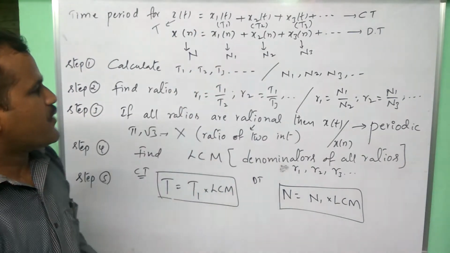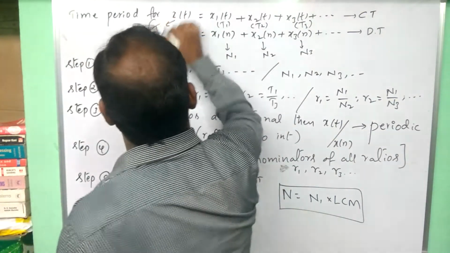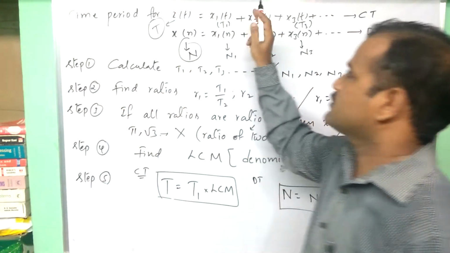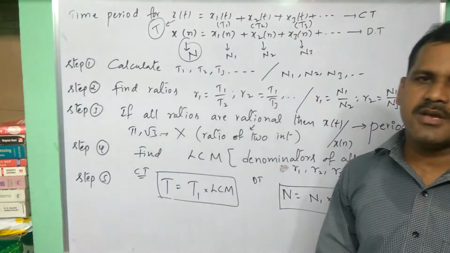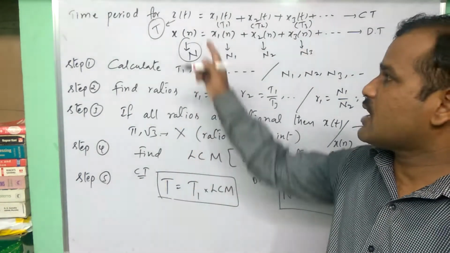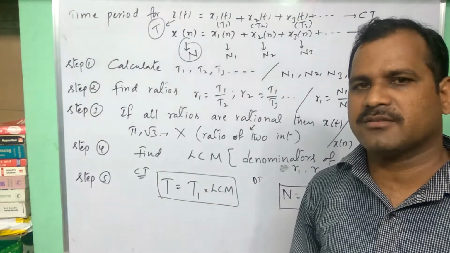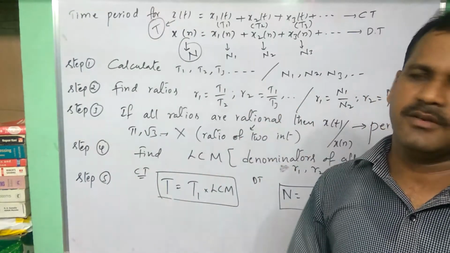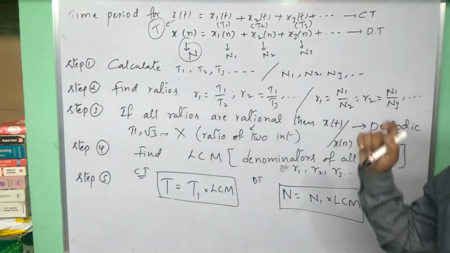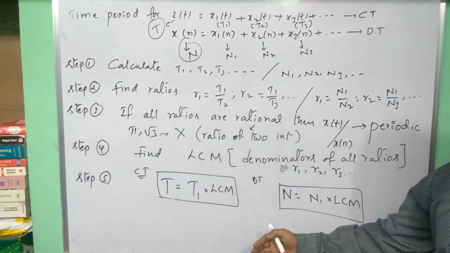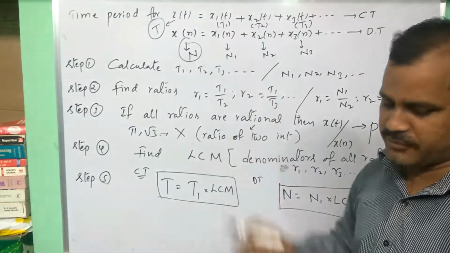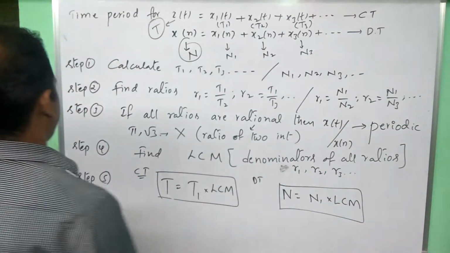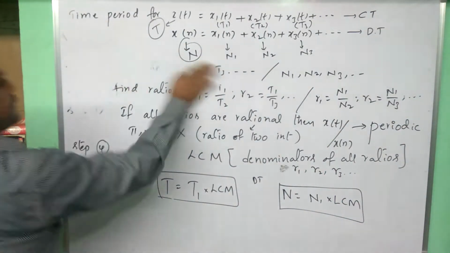Like that we can find the time period of a given signal which is a sum of individual periodic signals. This is a very important problem because it has been asked multiple times in the GATE examinations, and in future also we will definitely get this question. Anyhow, let us consider one example, and according to this procedure, I will find the time period. I think you have noted and remember this procedure. I am erasing this and finding the time period based on this procedure.